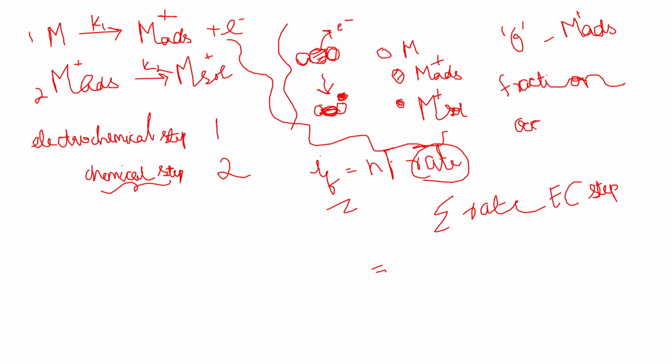Are you able to understand? So what did I say? There is a metal surface, on the surface of which there are atoms like this. Below this there will be another layer of atoms, so they're stacked one over the other. When this loses an electron,